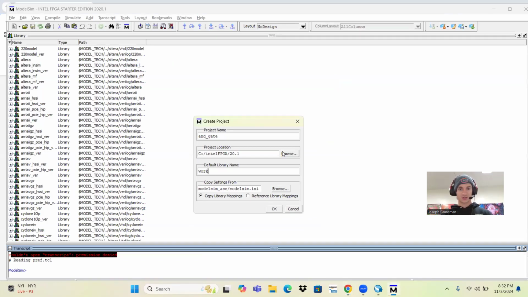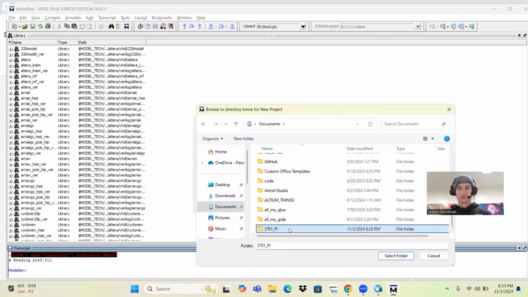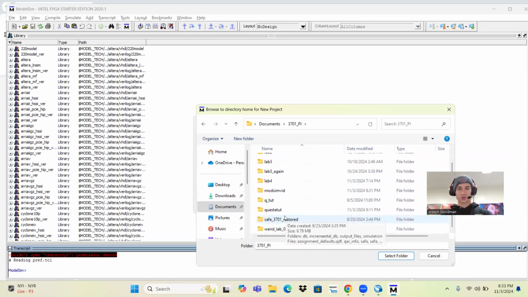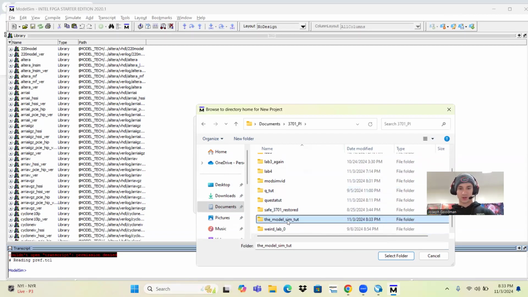Where am I going to put this? Probably in my 3715 folder, I put everything there. I'm guessing the move in the future will have one thing called the ModelSim tutorial. This is how I would do it. This is the ModelSim tutorial, and in here